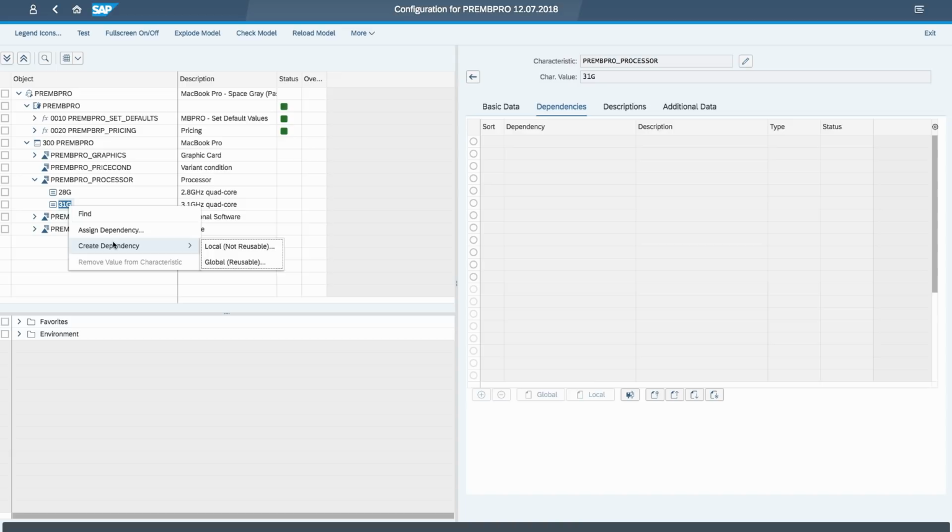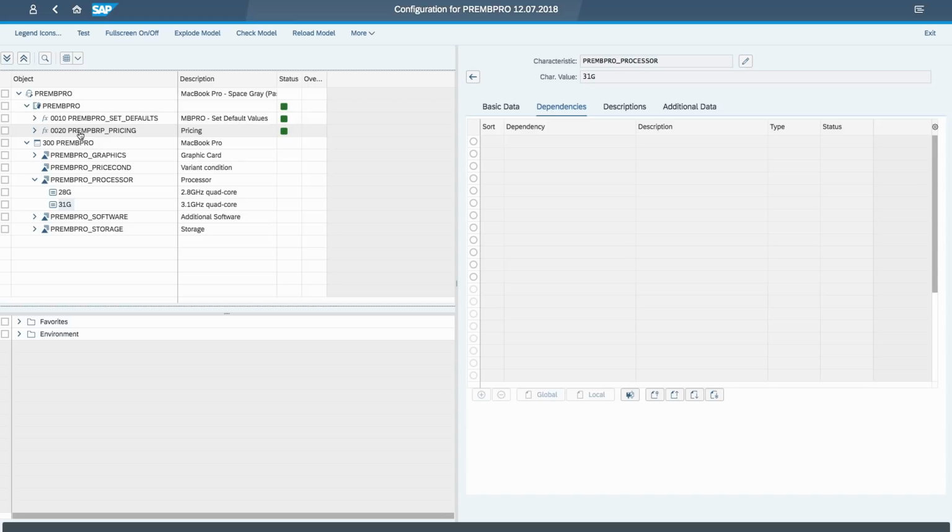Now, the great thing about doing it here is that you have an additional option, which is not just local. You could also here, for example, pick a global reusable dependency. So that's a really cool feature to have there as well. But another choice that you could be doing, which is the one that I've opted for here, is that you might want to centralize your procedures in logical